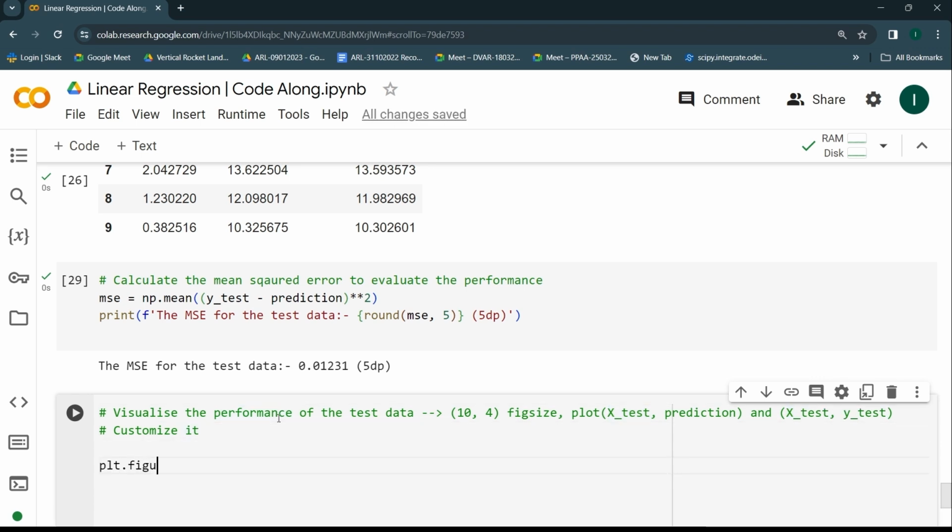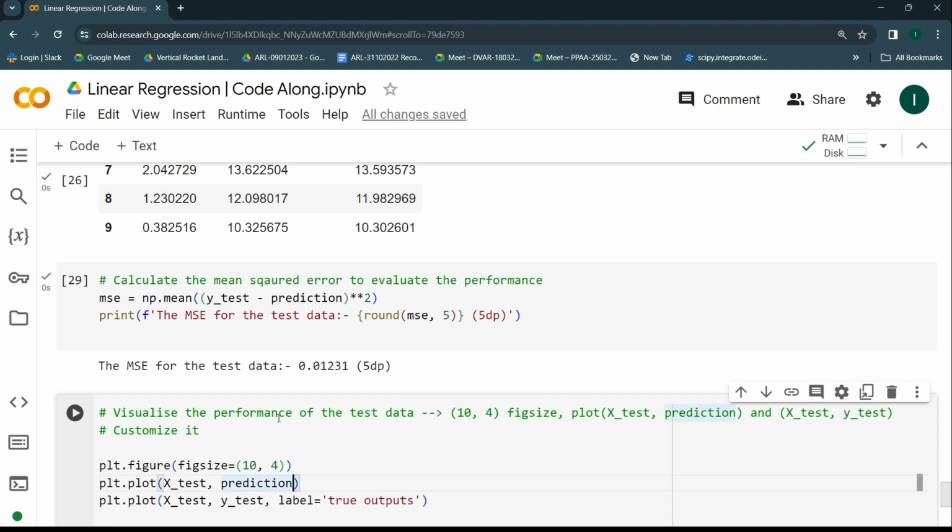So plt.figure with figsize, that is 10,4, that's fitting best on my screen, and then plt.plot, what kind of plot I want: x test with the prediction, and then I also want a plot of x test with the y test values. And then I can also label this line as that this line is for the actual true